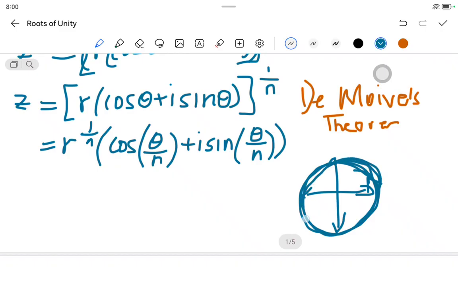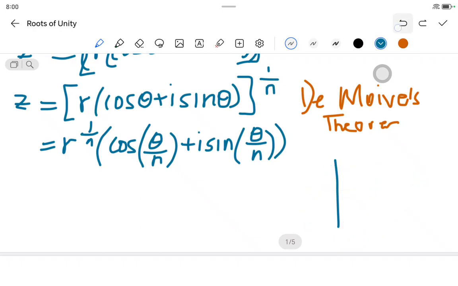We know that revolving once will give us 2 pi, so since we're going to revolve more than once, or sometimes we might even move from here to here, we might want to check the angle from here to here and so on. It means that we are going to add to our angle